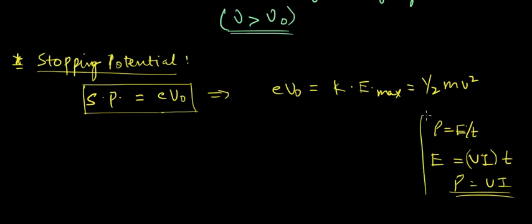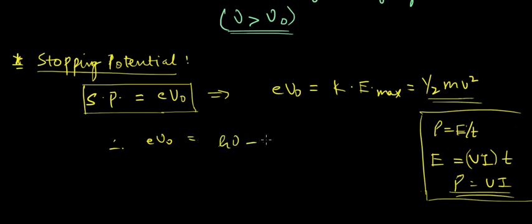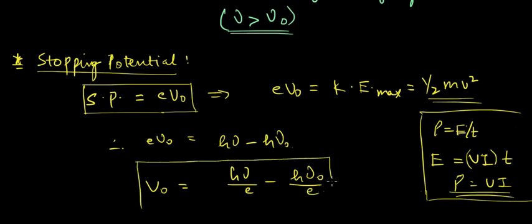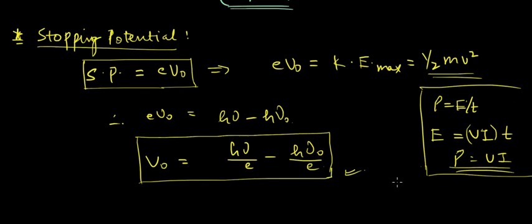So let's get back to the original context of stopping potential. So therefore eV naught is equal to the kinetic energy, which is nothing but h nu minus h nu naught. Okay, so from here we can calculate the stopping potential as h nu upon e minus h nu naught upon e. Okay, so stopping potential can be defined as the minimum potential which is required to stop photocurrent,